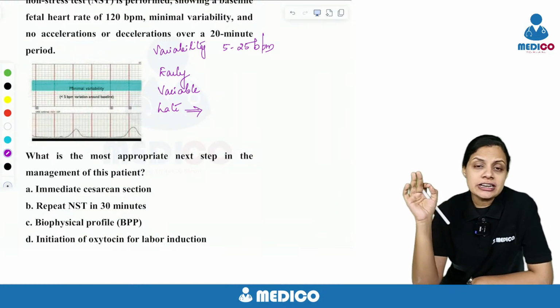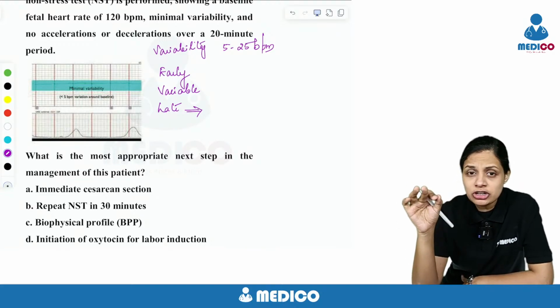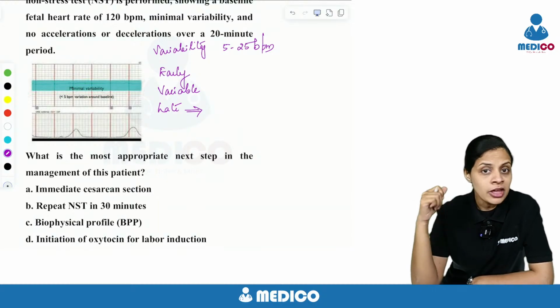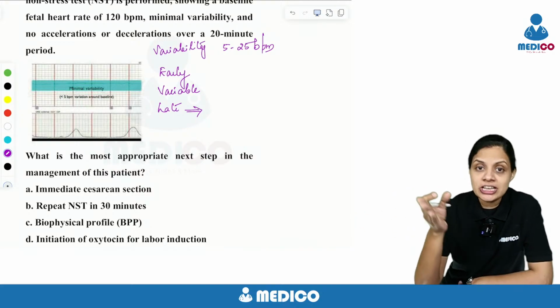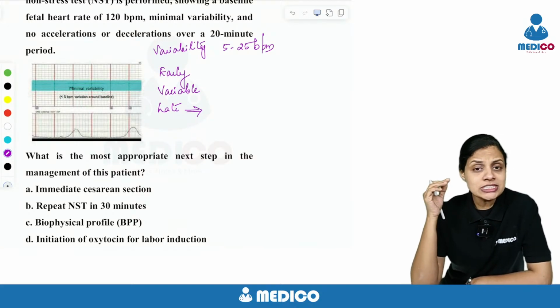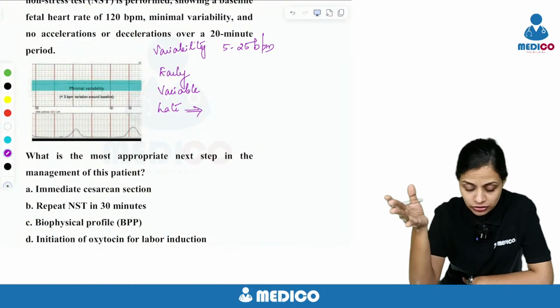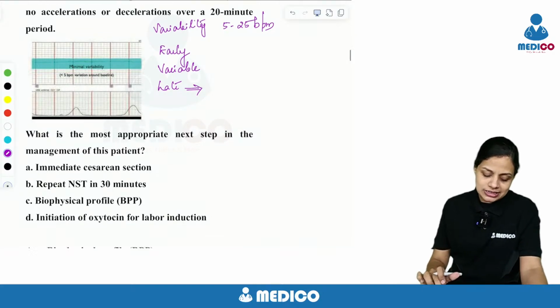If you see an NST with a late deceleration, what is your management? You must take some kind of emergency action. If she is on Pitocin, on oxytocin, you have to stop that. You might have to start IV fluids. You might have to change the position of the woman. While if it is an early deceleration, you can just wait and watch because it may be due to the descent of the fetal head. All right, so that is with regard to the decelerations.